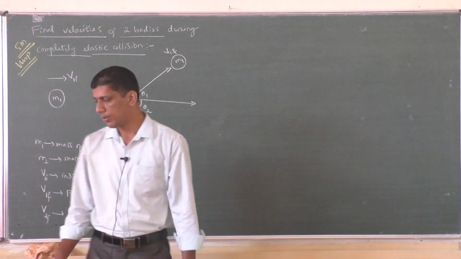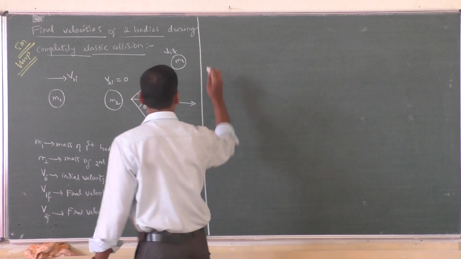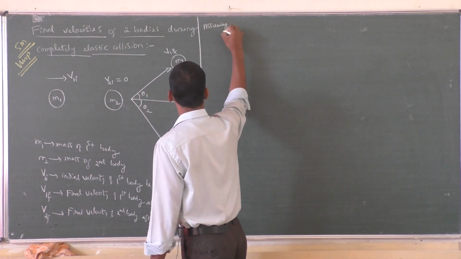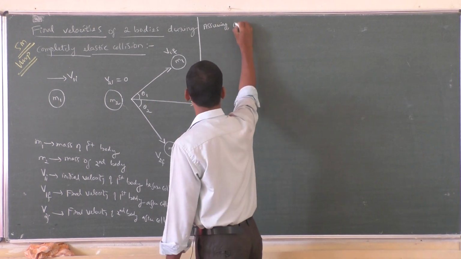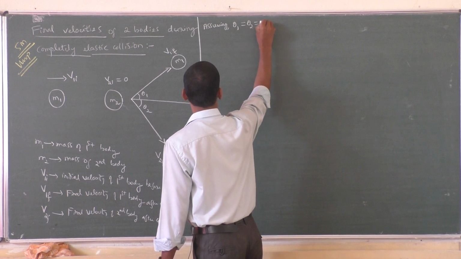Now for that let us assume that θ1 as well as θ2, that is this angle θ1 and θ2, both are equal to 0